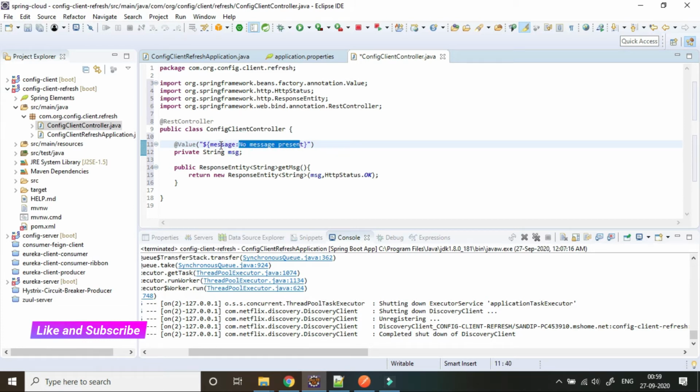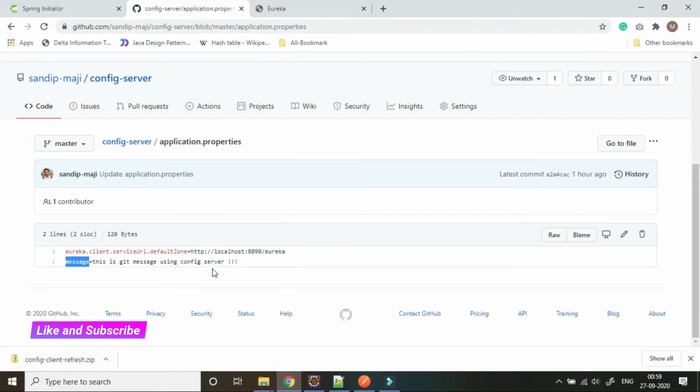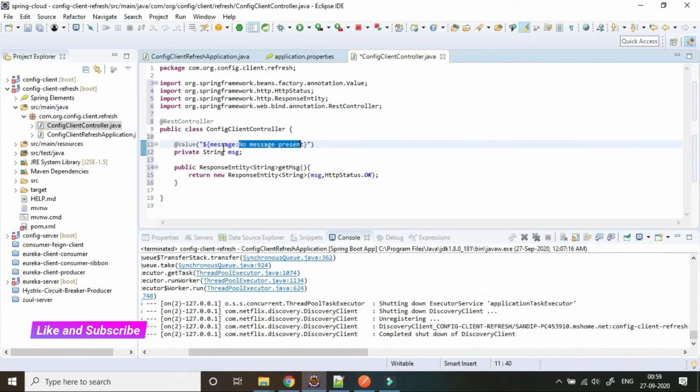If this message is not present in Git, or it is not able to fetch the message, then this default message will be displayed.